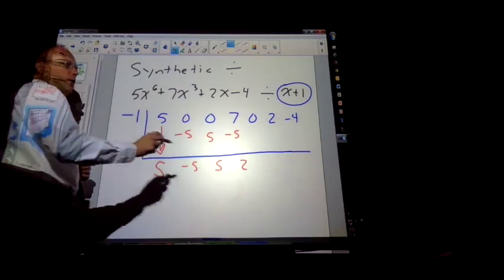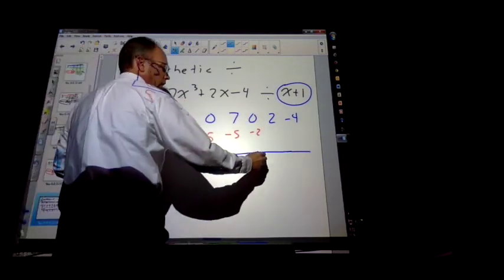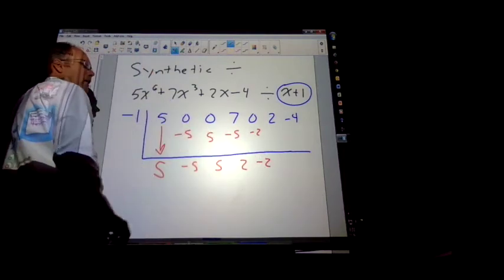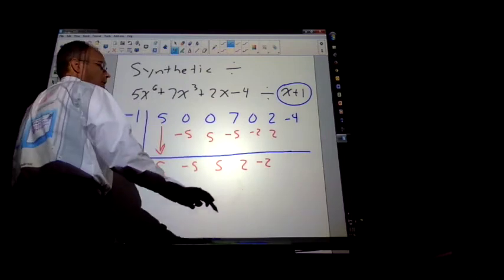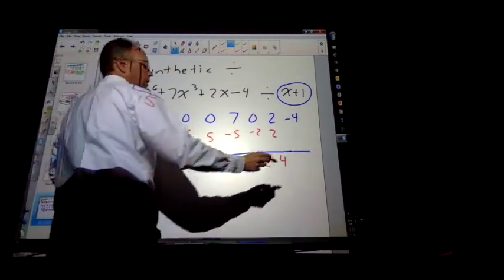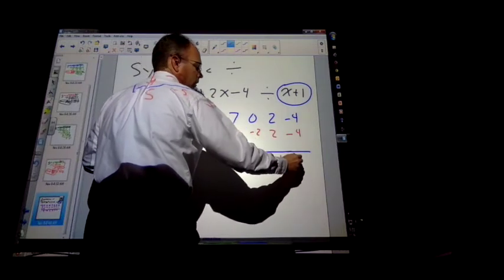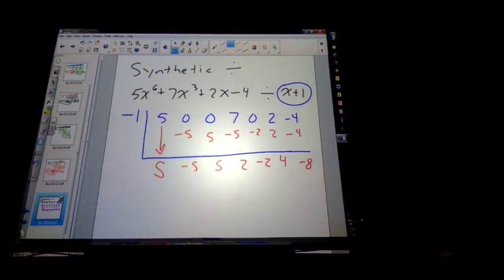2 times negative 1 is negative 2. If I add those together, I get? Good. You guys are catching on so well. Negative 2 times negative 1 is positive 2. If I add those together, I get 4. 4 times negative 1 is negative 4. Okay, we have just synthetically divided this problem. So this is my answer. What was my highest exponent I started with? 6. So my answer will